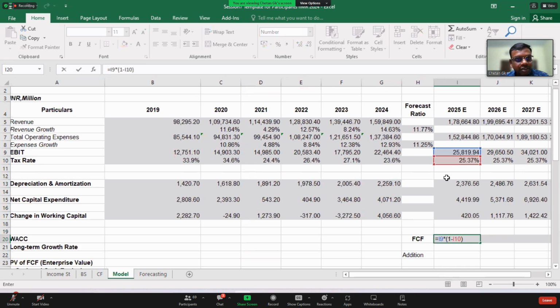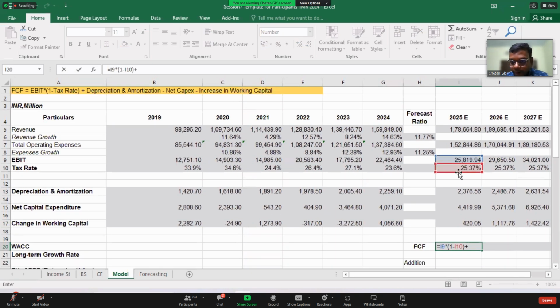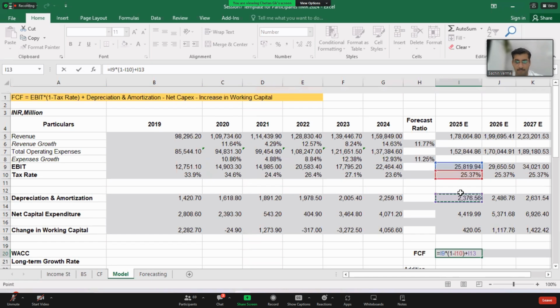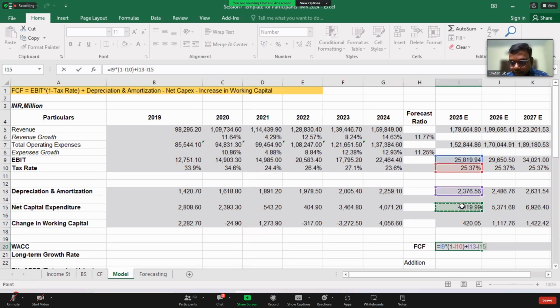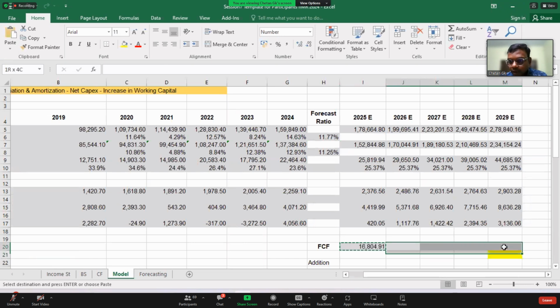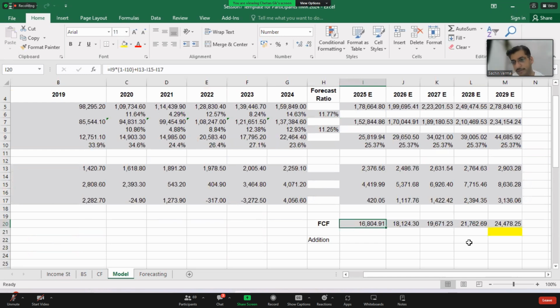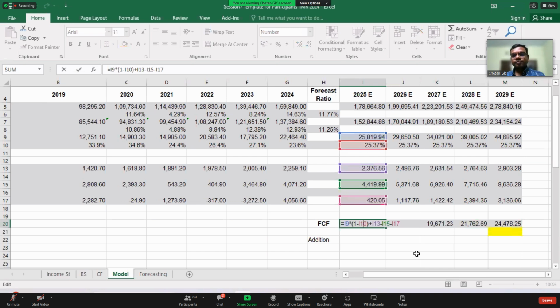Next, depreciation and amortization should be added. Next, net capex should be deducted, minus increase in the working capital. So I did that. Fine. So it is progressive every year. Until FCF, done? Yes.